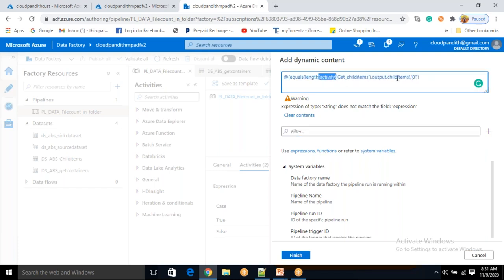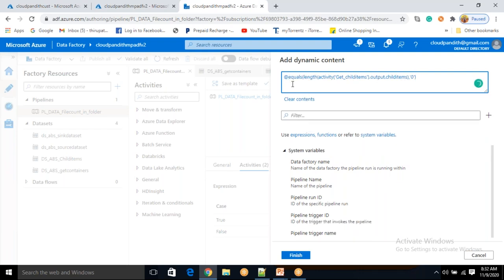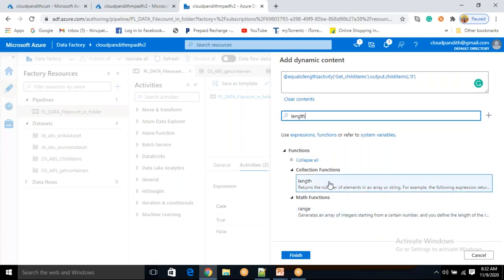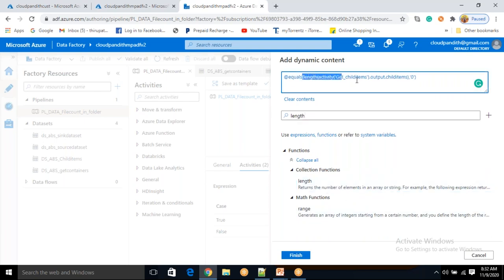So this condition is false in all the conditions. Equals length of activity. Let me remove this. So in this case, what happens? You will have only this length. One second, let me just try to understand this. Length is going to return the number of elements in an array or string. Let's imagine this is going to give the string. For that, I just included my 0 value here. So when I ask empty array, it is going to give me,